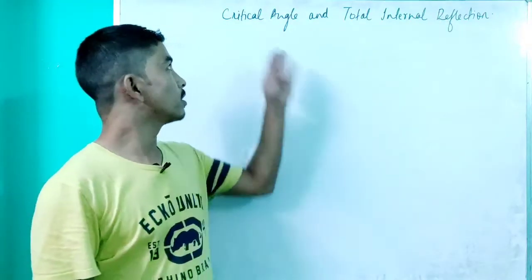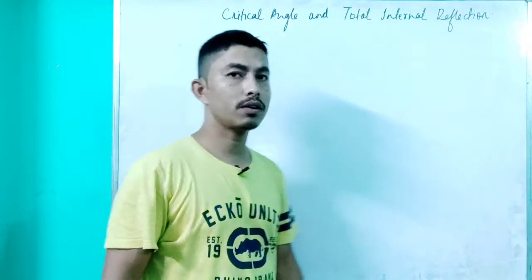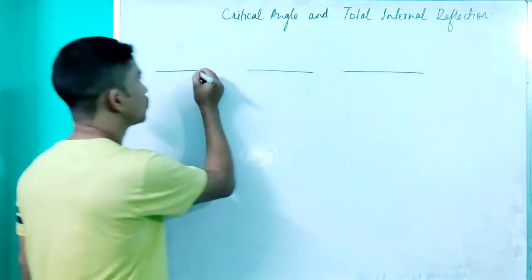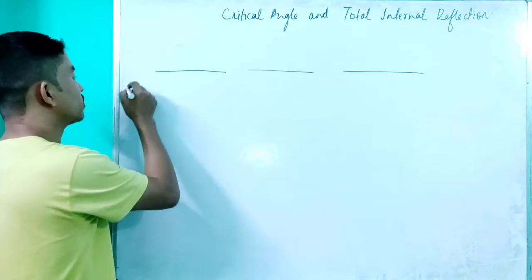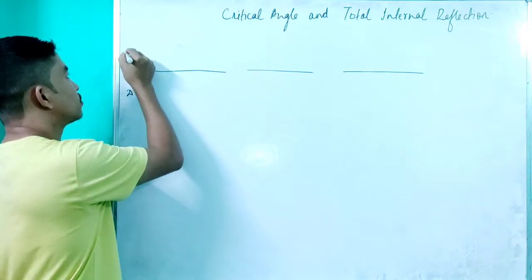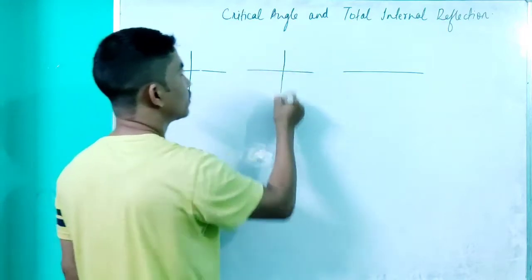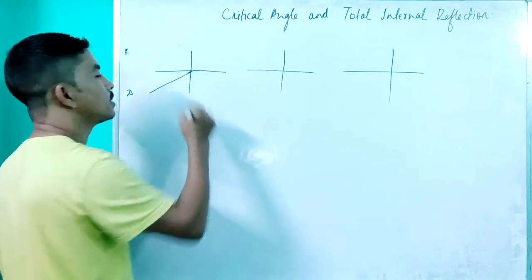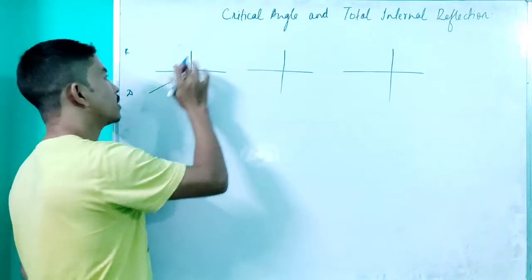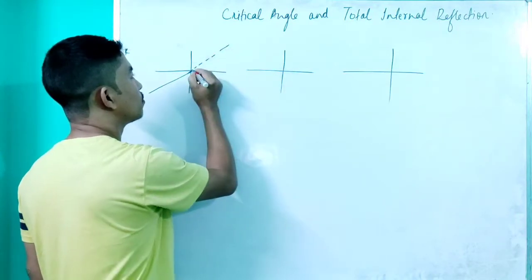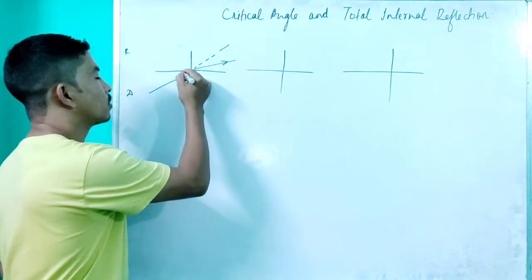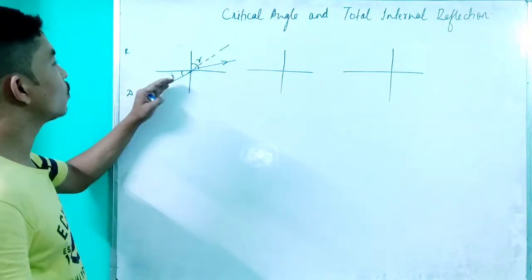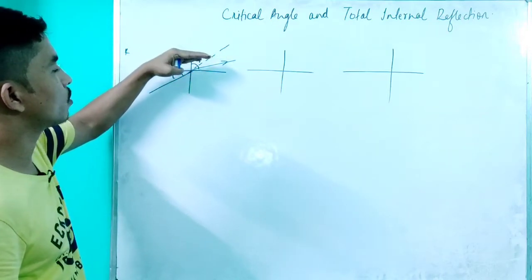So the next important topic is the critical angle and the total internal reflection. Let us consider 3 cases, 1, 2 and 3. In each of the cases, let the ray of light be travelling from a denser medium to the rarer medium. Whenever a ray of light passing from one medium is incident at the refracting surface, it will bend away from the normal. We also know that with the increase in the angle of incidence, the angle of refraction also increases. So if you go on increasing the angle of incidence, the angle of refraction will go on increasing.